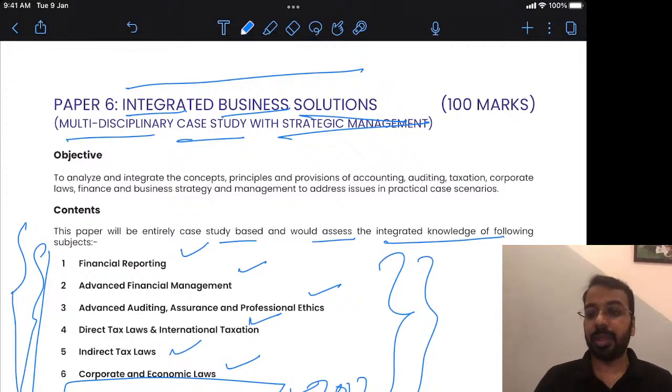You have cleared CA intermediate in May 21? Yes, you will be exempted from self-paced module DC and D. Link of this PDF, you can visit our website, and there in the news and update section you will find it. Exemption will wait. Group 1 old scheme, Group 2 audit, FMSM and advanced accounting you need to write.